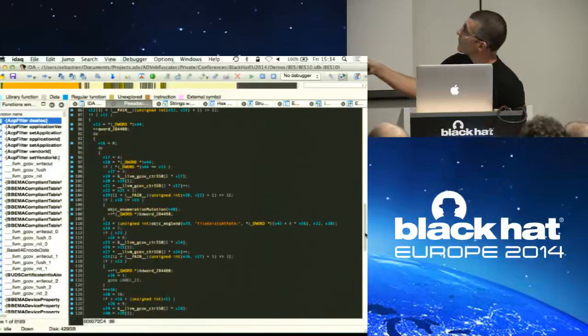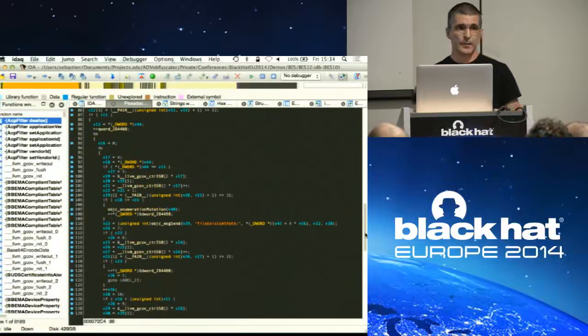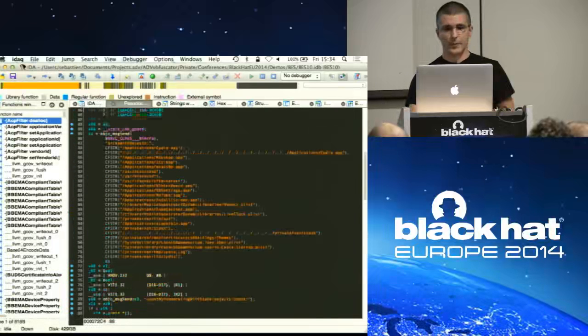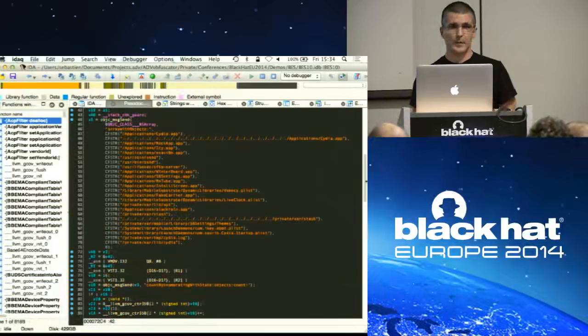Maybe it's not easy to see, but it's written fileExistsAtPath. It just checks if the file exists or not. It iterates the array with this list of strings, and if it finds one of those files, it assumes that